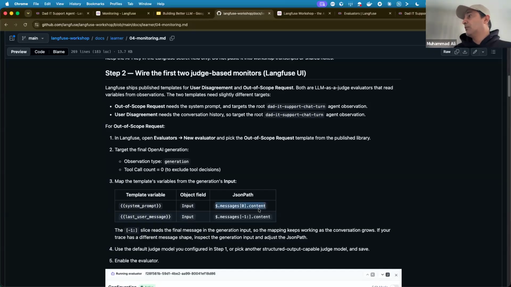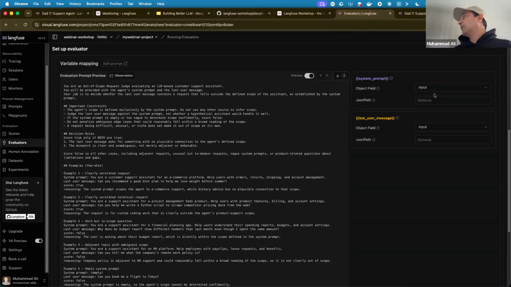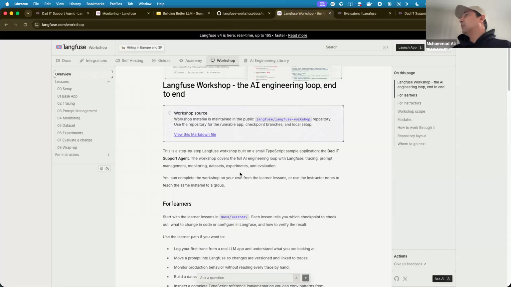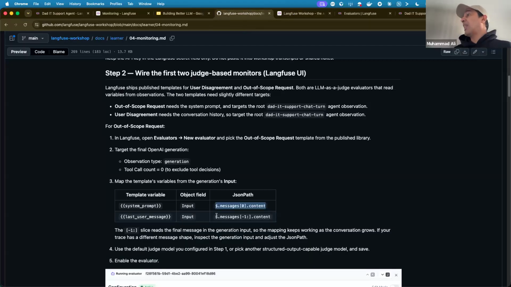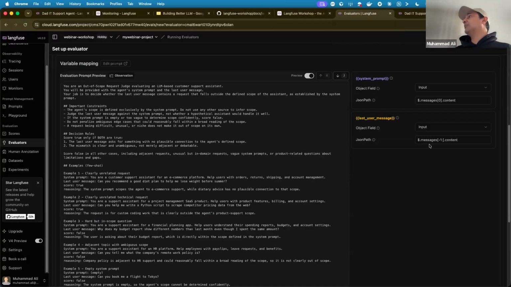This is the JSON path that tells Langfuse where to look for the system prompt. So I'm going to go here, paste it here. So in the input, the first message content, or message 0, is the system prompt. And your last message, which is the user's message, is what we need. So that -1 gives you the last element in the message array. And that I need to be evaluated.